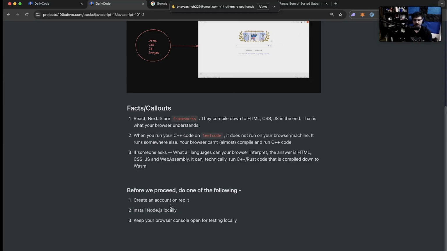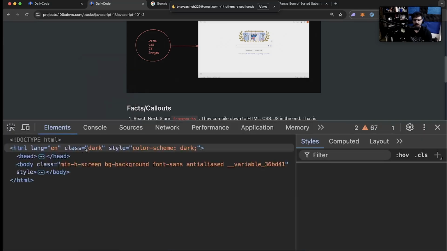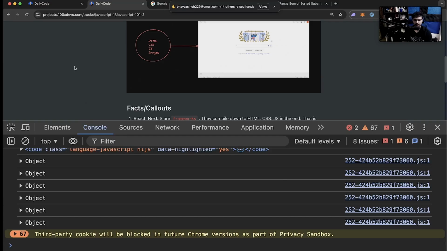All right. Try one of these two things. If neither of these work, that is also fine. If you're not able to install Node.js locally in the next 10 minutes, or create an account on Replit, let me give a quick look at how you can run JavaScript locally. You can right click, I repeat, right click, click on this inspect button right here, just like we clicked a while back, and click on console. I repeat, right click, inspect, console.